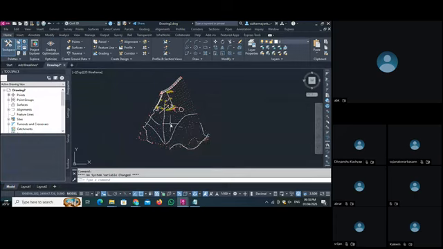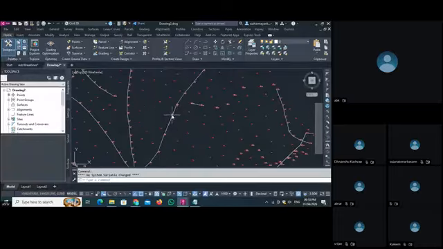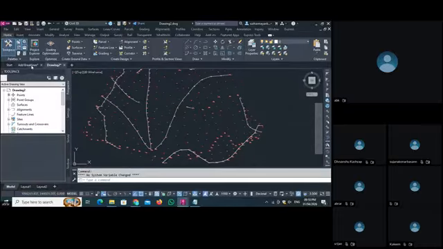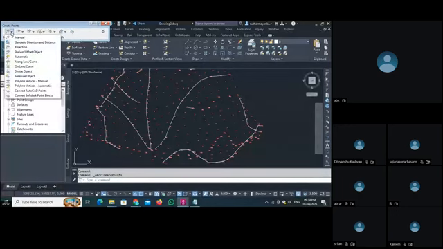What we do, let's do one thing. If we have this line, we have to create some points here. So what we do, we go to the point creation tool. We go here to the miscellaneous tool. See, you can see the measure object here. So if you select this measure object,